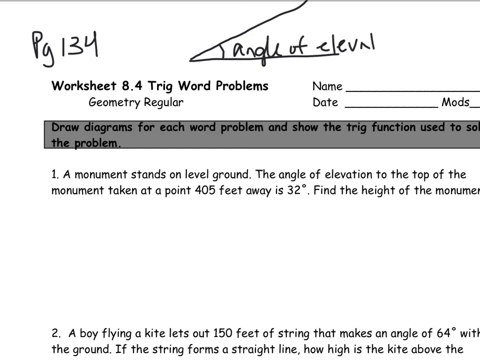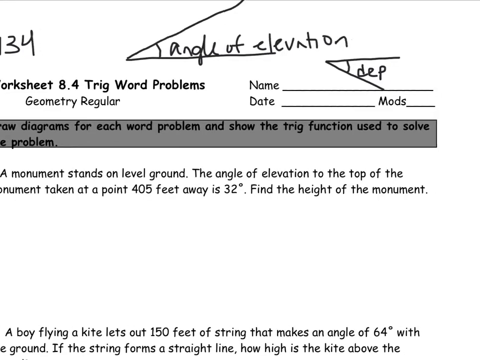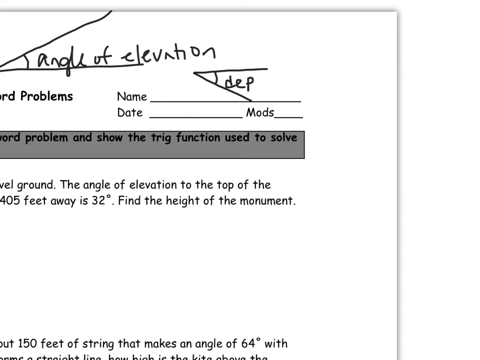And usually people will get the angle of elevation placement correct. But you also have something called an angle of depression. And an angle of depression is also always from a horizontal. Which means if I have a problem that involves an angle of depression, because of alternate interior angles, the angle of depression is congruent to the angle of elevation,